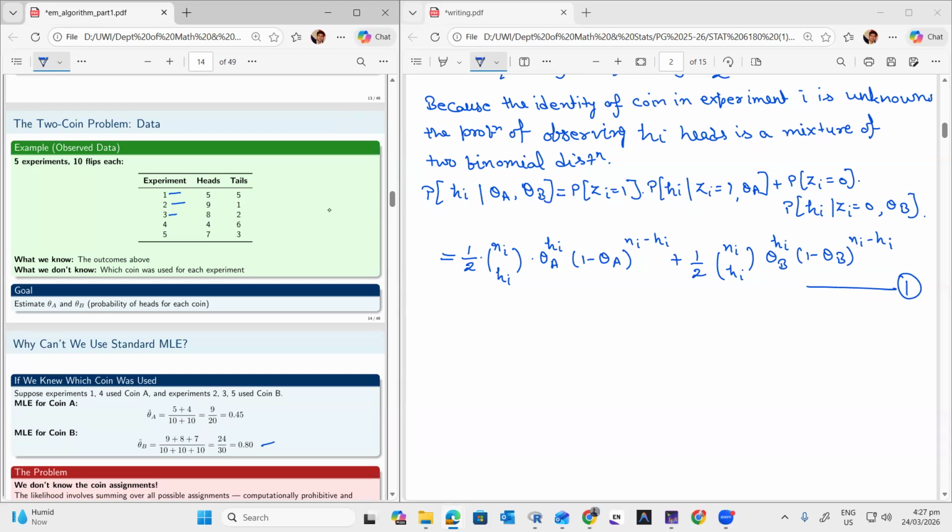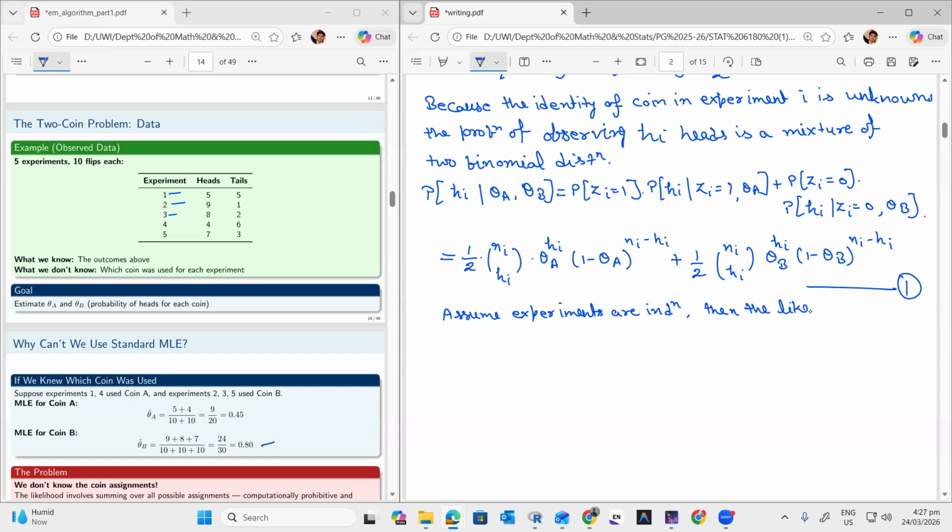So assume experiments are independent, then the likelihood is